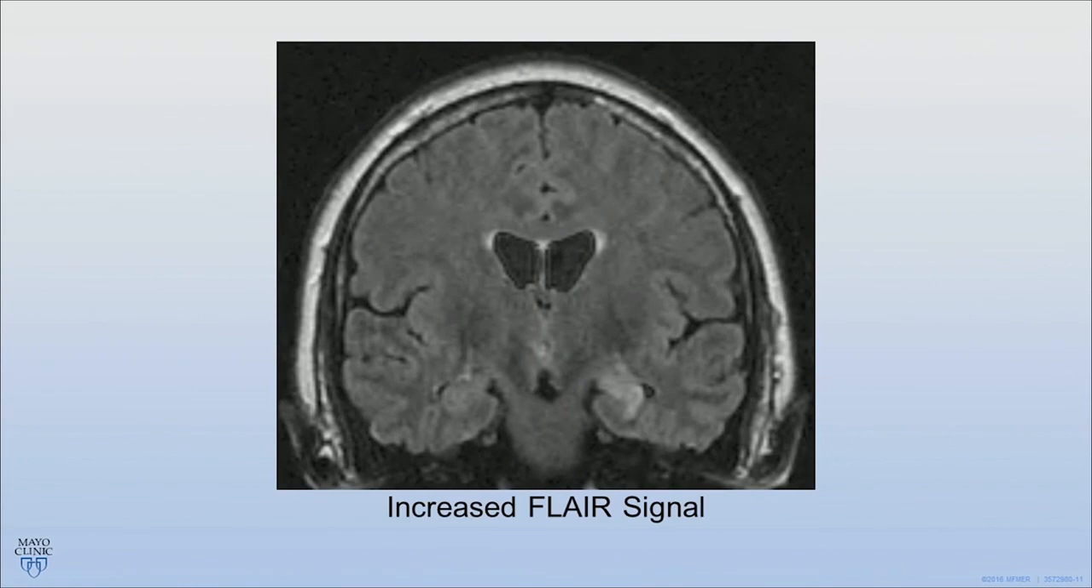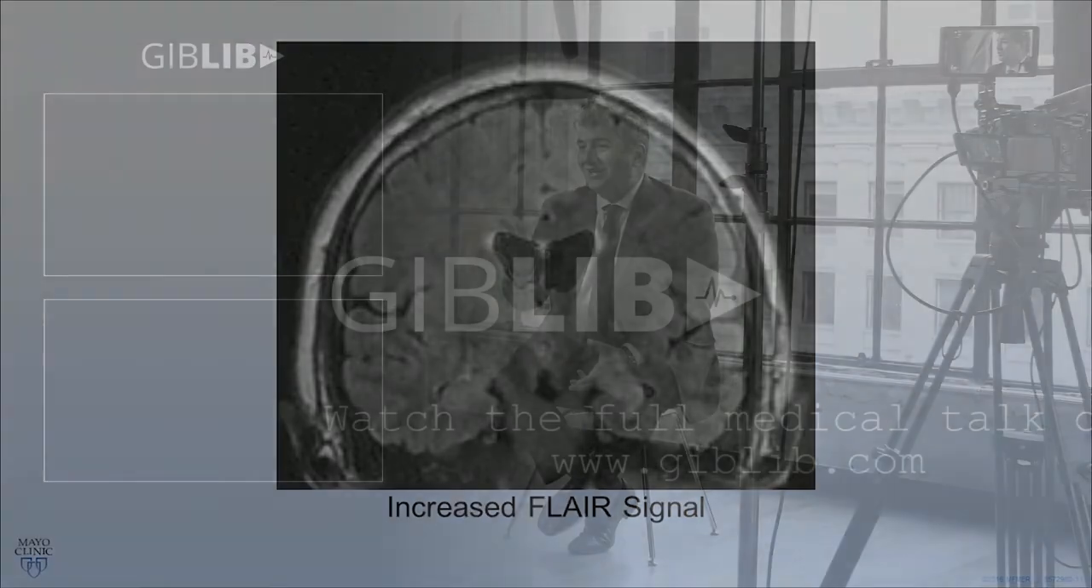Another finding with the MRI, which is a corollary to the hippocampal atrophy, is increased signal. You may not see both together. Sometimes you see only